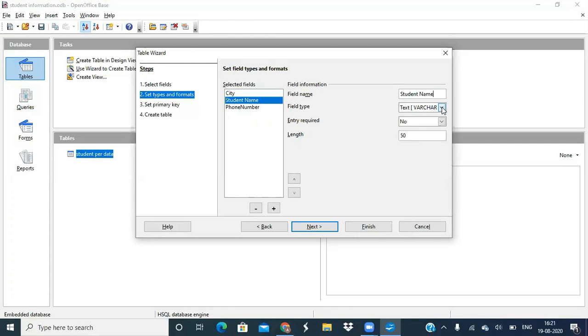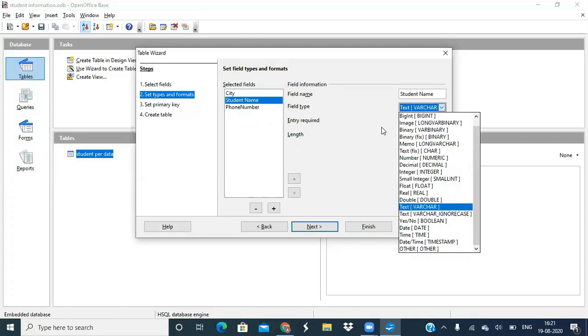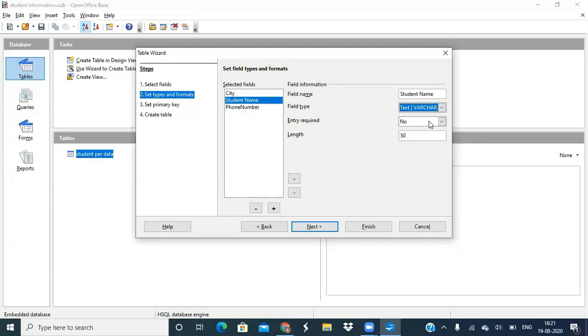I can also change the field type. You can see multiple data types are available. I can also set the property field, required, yes or no. Also set the field size. It can be 15. Okay.